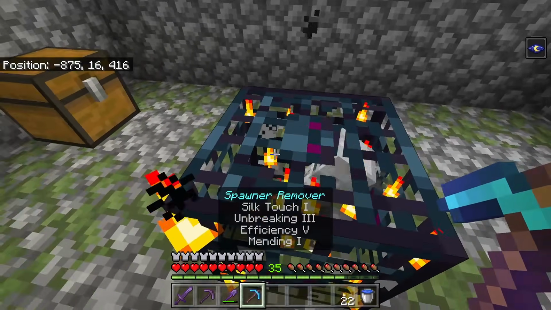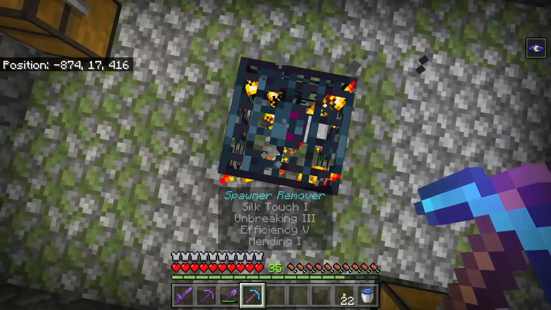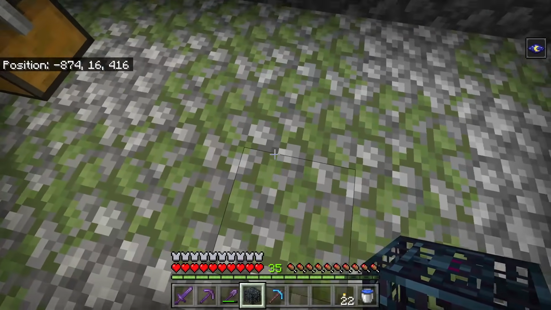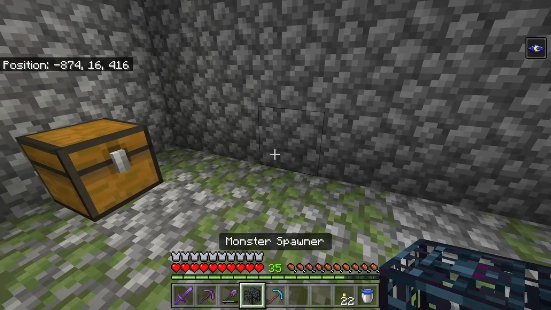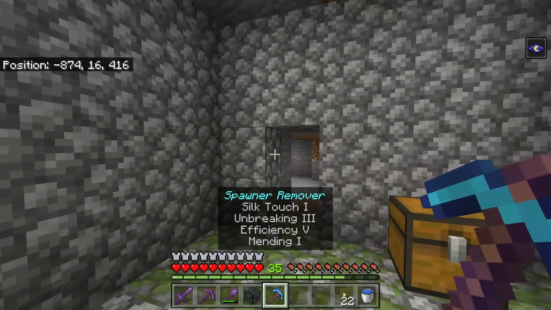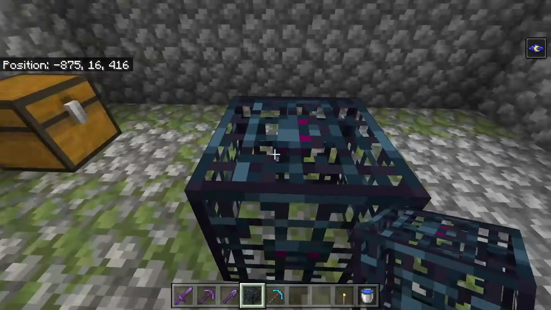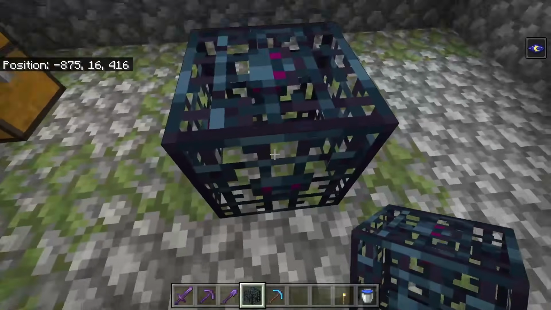that has that feature. However, if I stand on top of this spawner right here, if I drop this pickaxe, it will give me the mob spawner. It will drop it on the ground, and then I can pick it up, and it will also give me back the spawner remover. So this is really simple for you to do, and yes, this does just give you a plain mob spawner, but I'll explain how you can pick whichever mob you want to spawn from it later